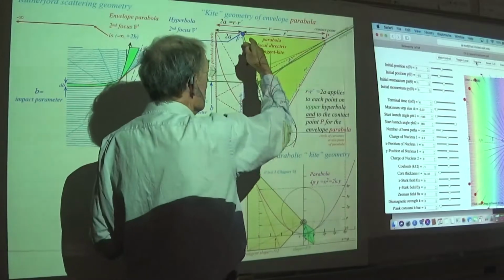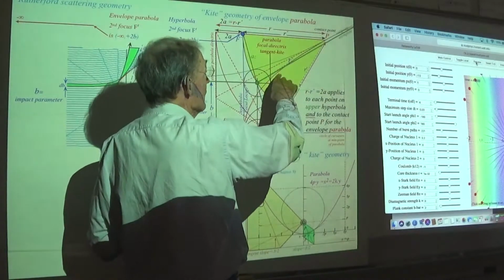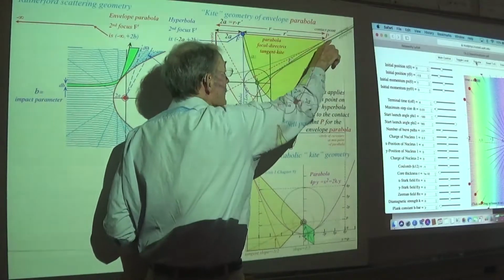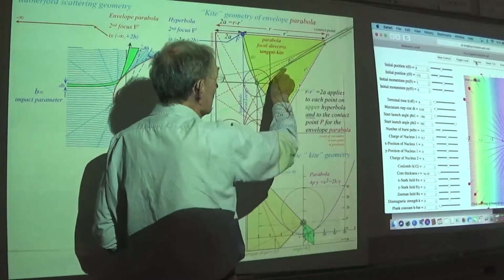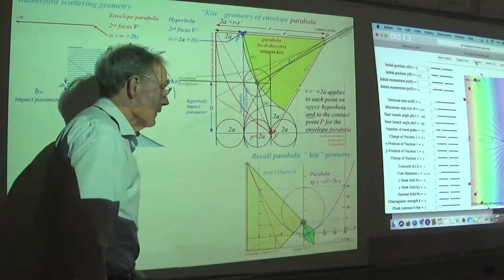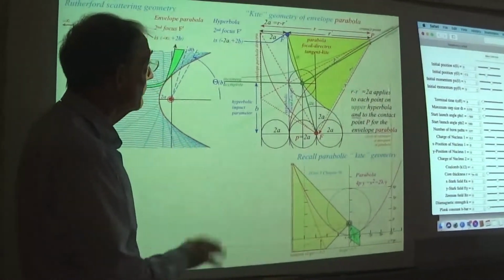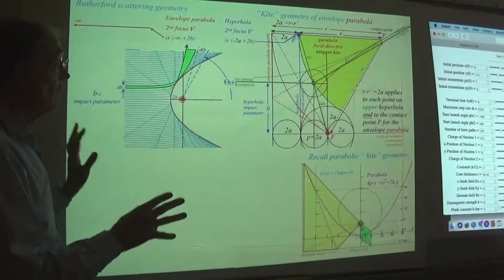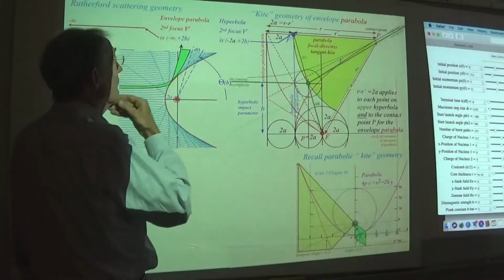And then there's a smaller kite that goes with the actual trajectory, but we're interested in the kite that goes with the envelope being this red parabola right here. So I warned you early in this course that we would be seeing kite again, and boy do we ever see it for the things that involve Coulomb orbits, much more than the harmonic oscillator. But in any case,